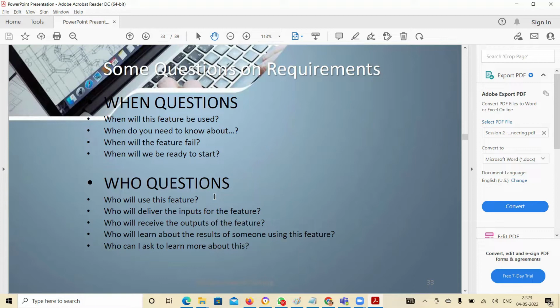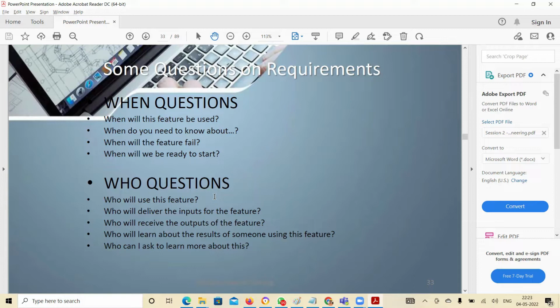So depending upon your scenario, the kind of information I will focus on would definitely change, isn't it? If you have to write a use case, then specific topics need to be taught in detail. If you talk about interviews, then other specific topics would be taught. So when will this feature be used? They will tell you different scenarios, and when you talk about different scenarios, the how, who, and all those other questions will come.